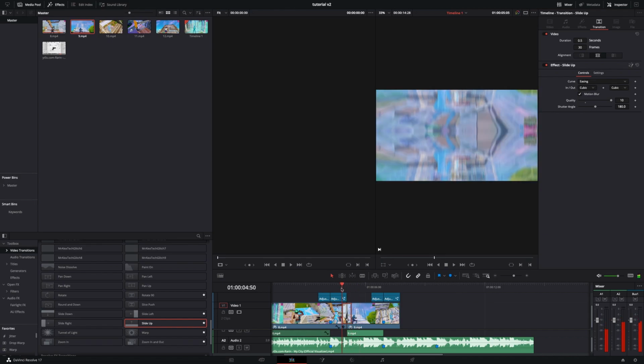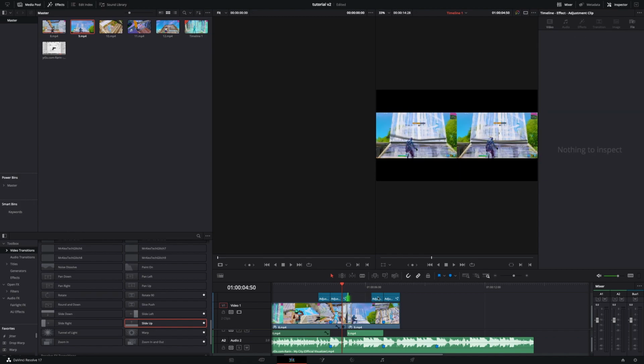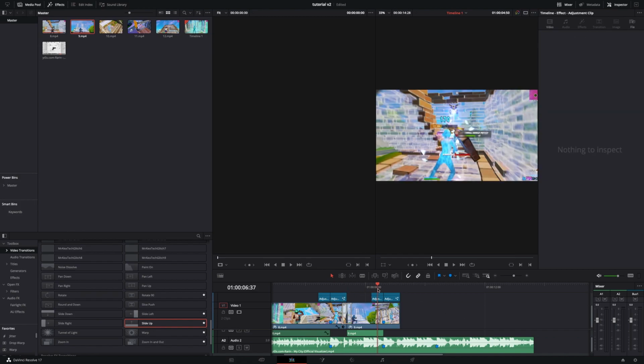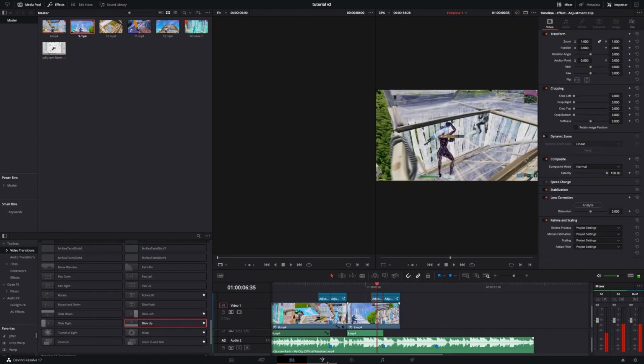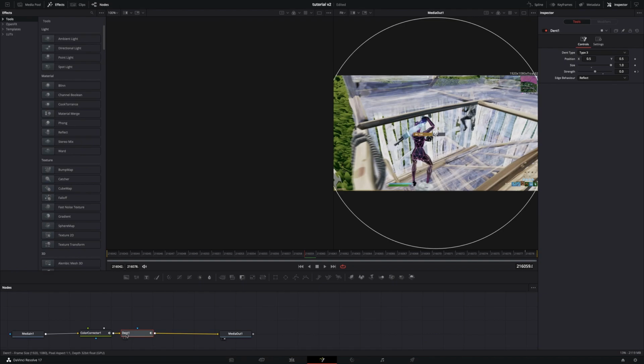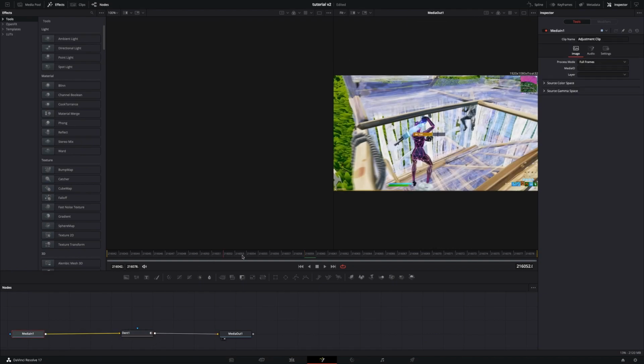And to turn on motion blur, all you got to do is say you place your transition, you click on the transition, and then it's going to open up here, and then you can just click on this little setting that says add motion blur. And if you want to add a different kind of build up to your second clip, you can always just open up a fusion page, and then you can delete the warp, or you can delete the color corrector. So that's actually what I'm going to do for this one. I'm going to just have the warp,